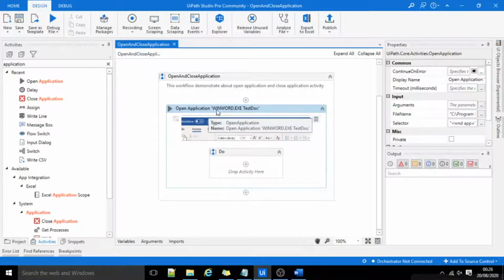Open application will open the Word document test doc. If required, we can rename this as open application only.